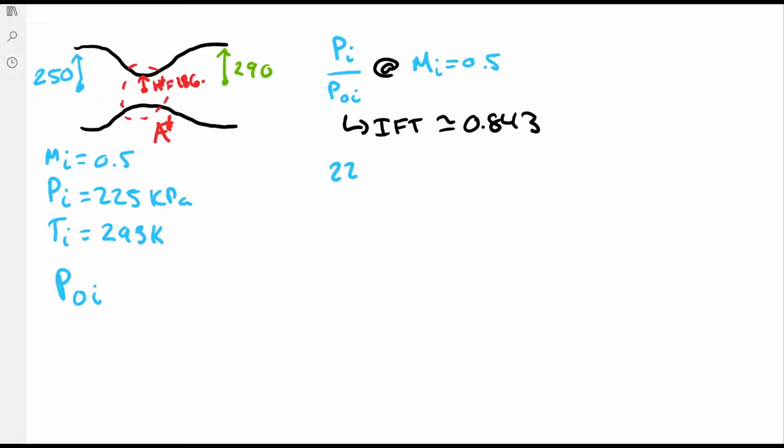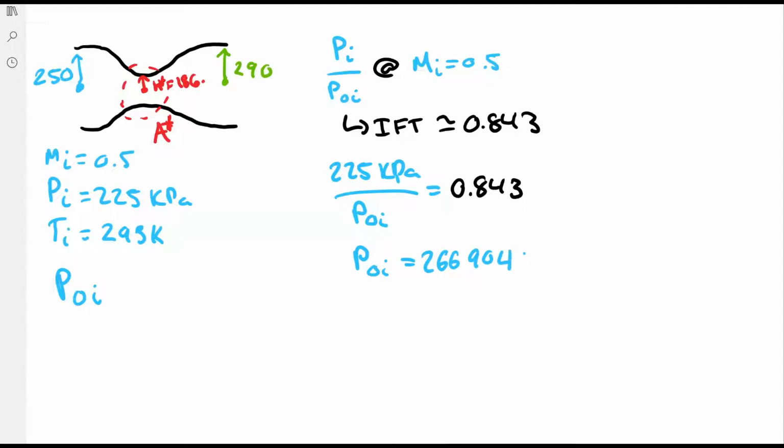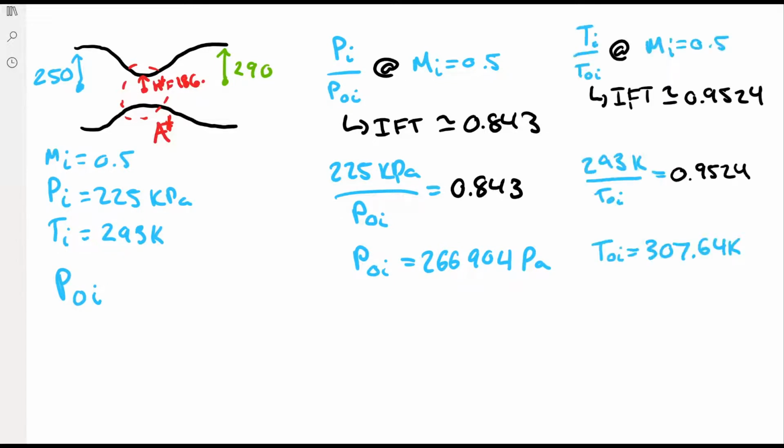Therefore, if we plug in our inlet static pressure of 225 kilopascals, we get our total inlet pressure to be equal to 266,904 pascals. Similarly, we can do the same thing to find the total inlet temperature. Now, in order to find the pressure at the exit of the nozzle that is going to give our subsonic condition,